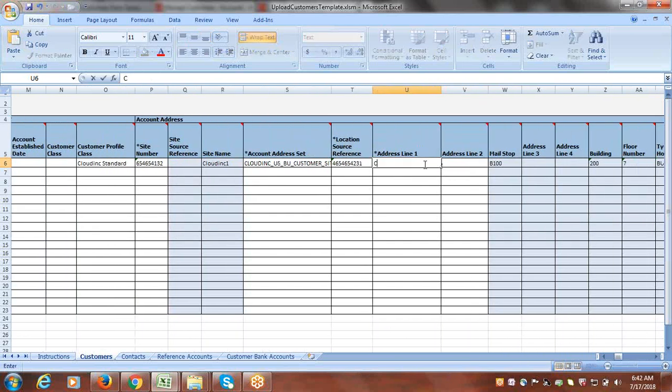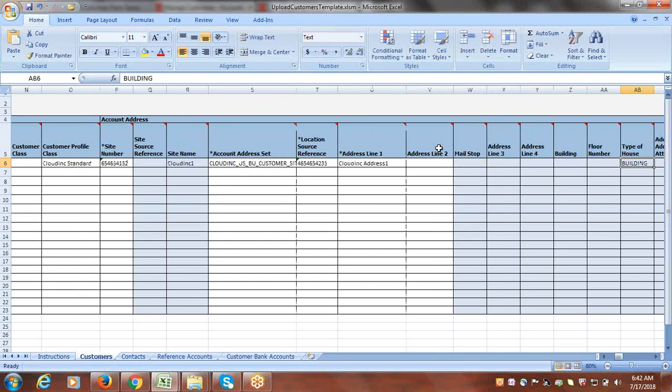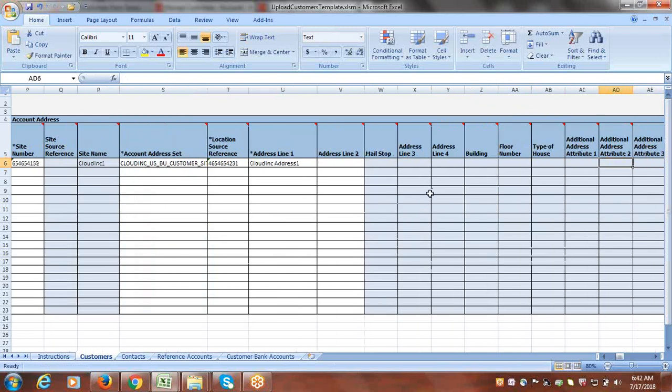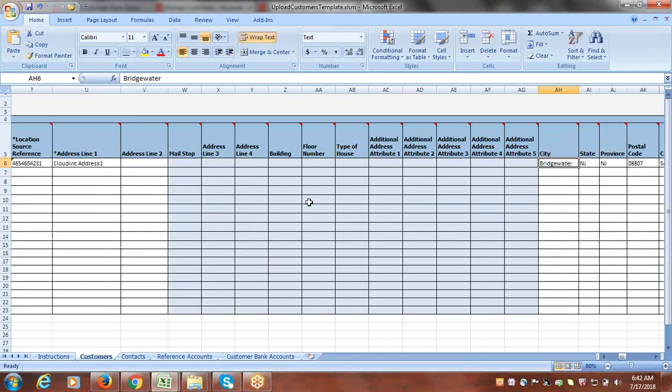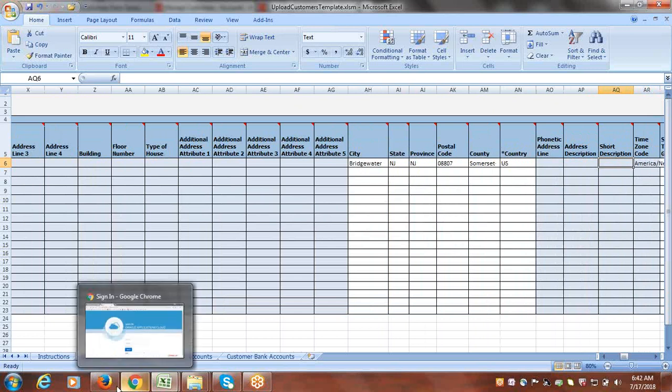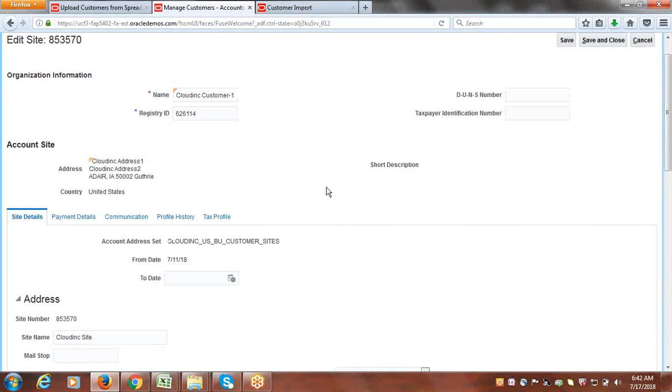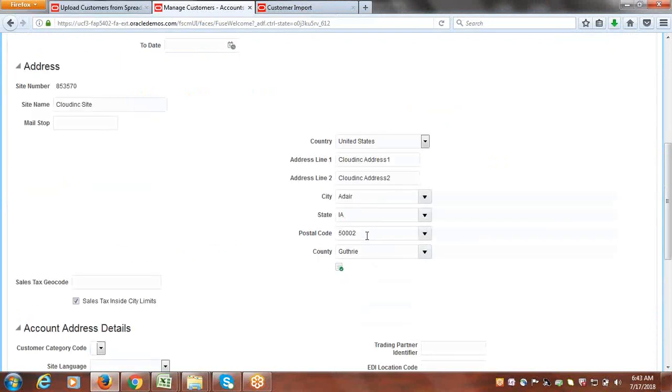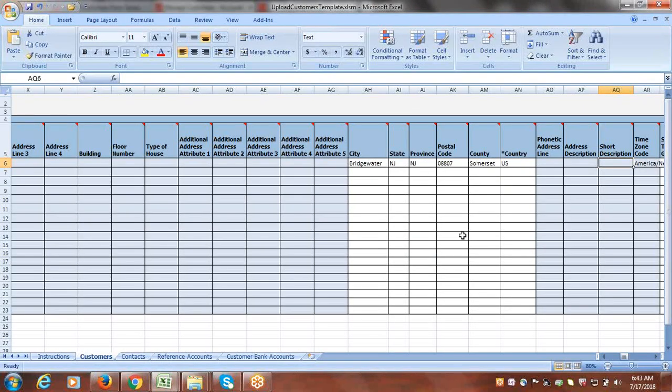So here maybe Cloud INC address 1. Mail stop and all not required. The building number, floor is not required. Okay. So here you can provide the city, state. Okay, these details you can provide for that. You can just take that information from here itself. We can go with the same state, city, postal code, or you can just take other reference information here and you can provide